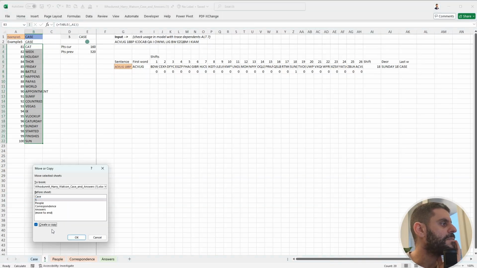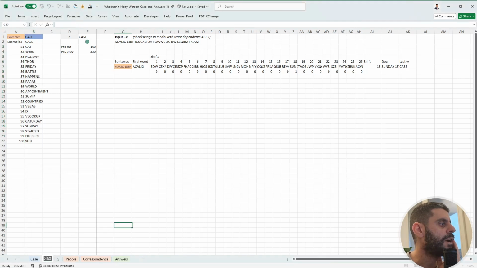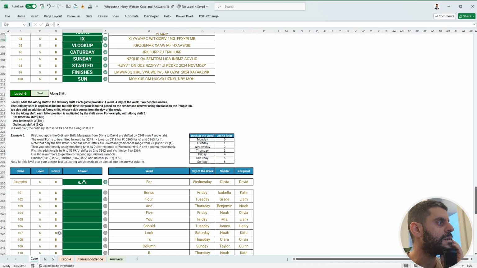Level 6, I found it easier for me, because it applies the concept of a long shift. So basically each word is not only shifted by the fixed amount, but also this variable amount, which is 0 for the first letter, then 1 times the long shift for the second letter, then 3 times the long shift for the third letter, and so